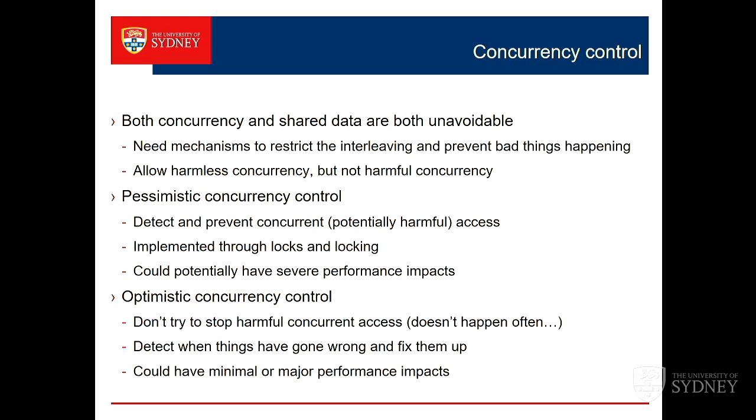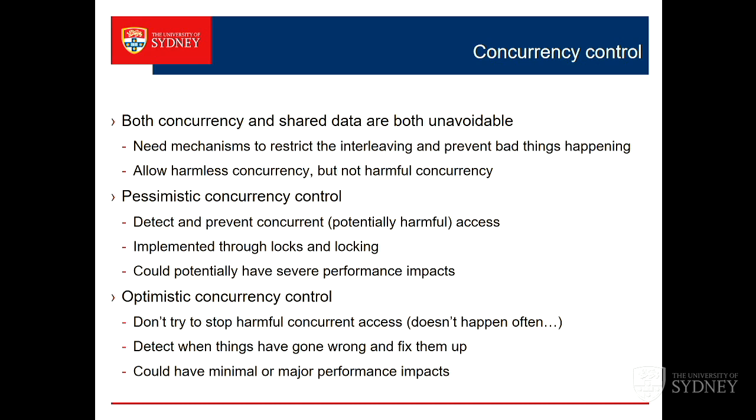If I go back to the home shopping network example, they had a single piece of database state, which was the next account number, and they wanted to do 50,000 accounts, 50,000 orders a second, and they had to update something 50,000 times a second, and they couldn't update it until all the other things in the queue had gone and updated it. So they had a real bottleneck and a performance bottleneck in the whole system because of locks on a piece of shared state. So there are ways around that. But there could be potential performance impacts.